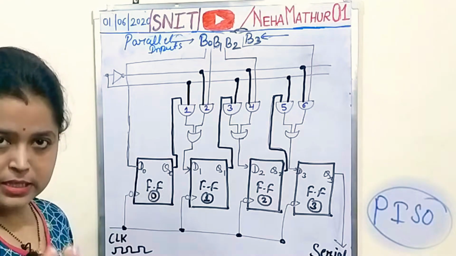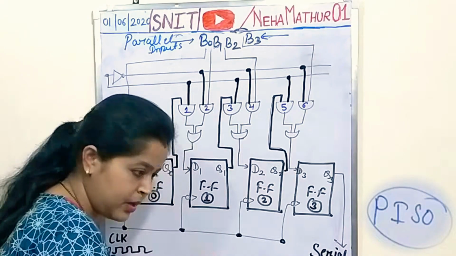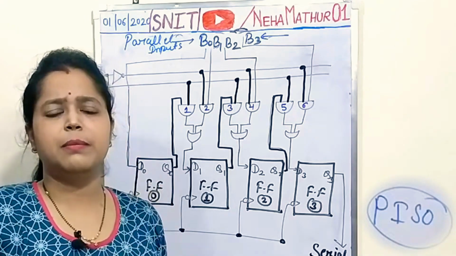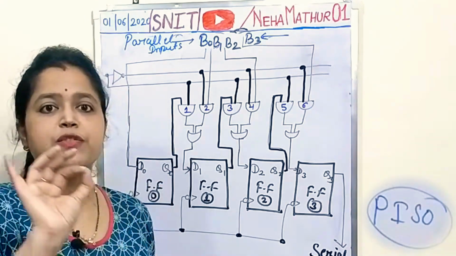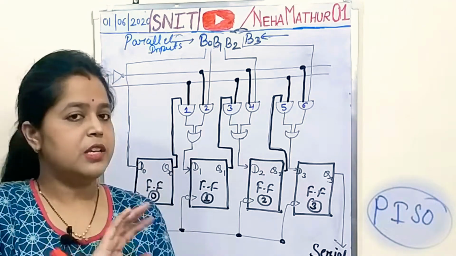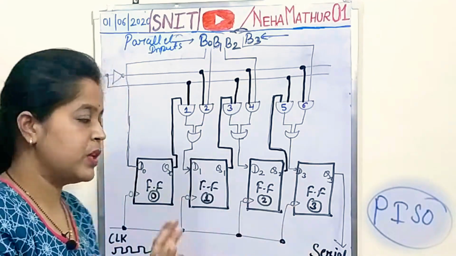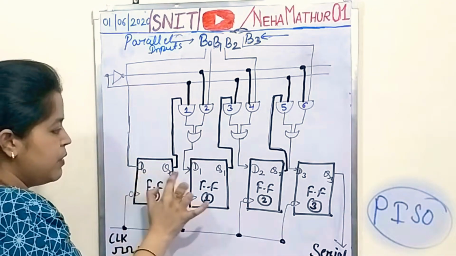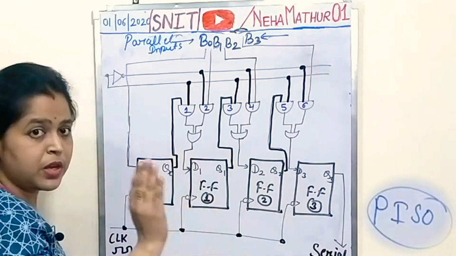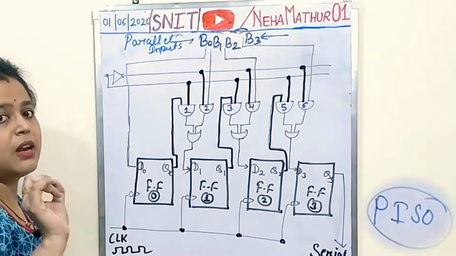How will you get your final concept? The concept depends on these two terms. Parallel input, in a simple manner, is individual input for each individual flip-flop. Your input will not be connected with the next flip-flop. So flip-flop 0, flip-flop 1, flip-flop 2 and flip-flop 3 will have 4 individual inputs in parallel fashion.